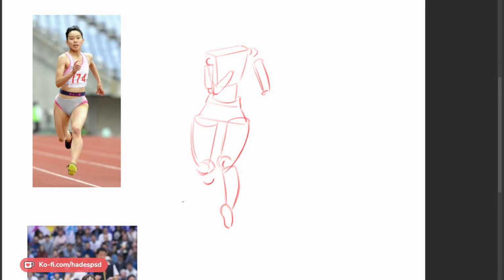But in the torso, where do I add the twists? I don't think I really understand what you mean. Where do you add the twists?